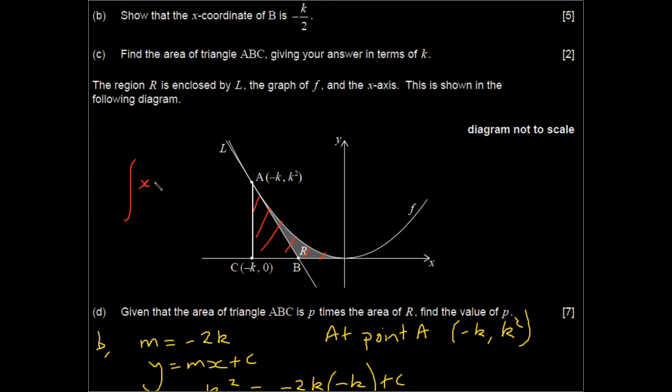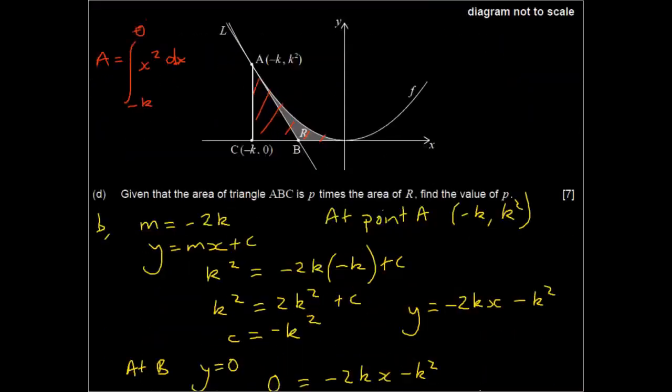of x squared dx between 0 and minus k. No, I've got my limits around the wrong way here, haven't I? Between minus k and 0, with 0 at the top and minus k at the bottom, dx. So that red area there, once I've worked that out, I can then subtract the area of the triangle, and that would give me the area of R. So I'm going to start off by working out the area of this red section using this integral that I've written here. So if we go back down here,